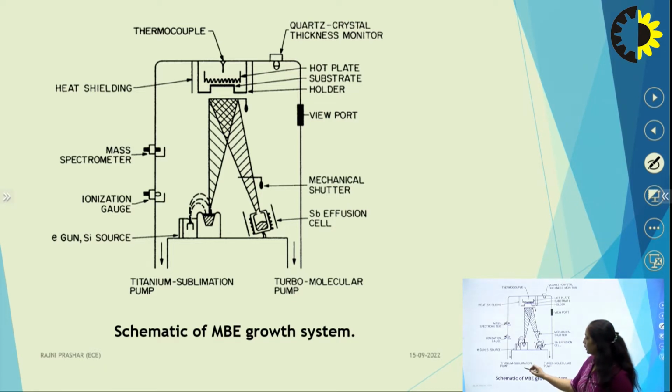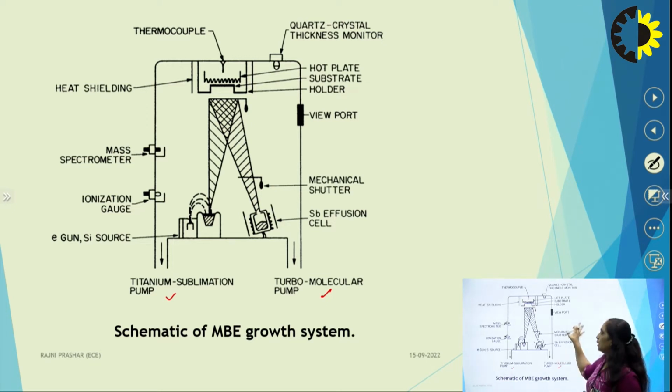In this we have two pumps. One is the titanium sublimation pump and the other is the turbomolecular pump. Whereas in case of vapor phase epitaxy, we generally use diffusion pumps. The drawback with the diffusion pump is that they contain oil. So oil vapors will be there if you use diffusion pumps here. So high quality pumps, that is the titanium sublimation pump and the turbomolecular pump, will be used to